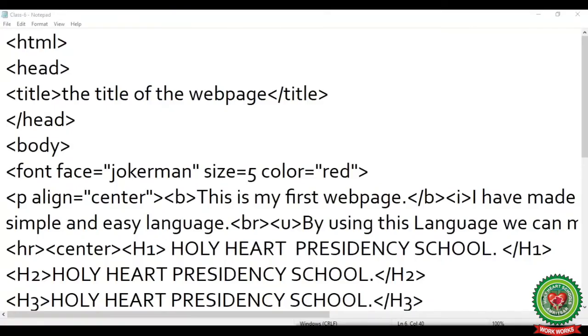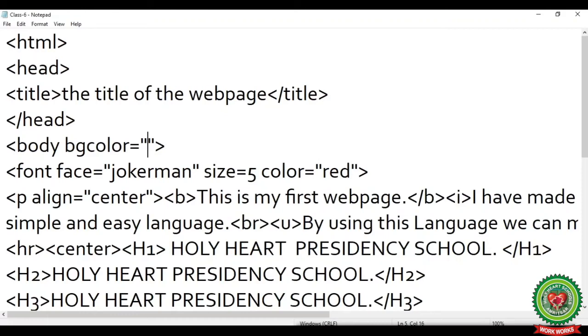Now open your notepad file. To change the color of the web page, we need to give the background color within the body tag. Now place your cursor in the body tag, give space, type BGCOLOR without space between them, equals to, double quotes, and within the double quotes you can type the name of the color that you want to apply on your background.